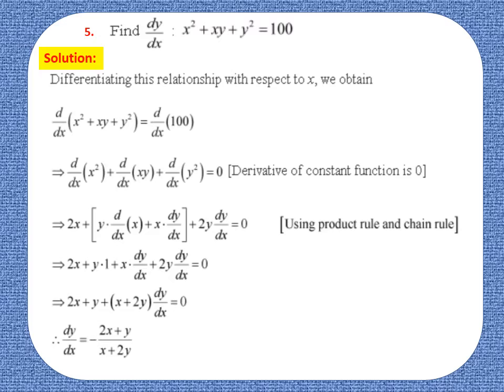So by chain rule, y square equals what? 2y, and then for y it is dy upon dx. So in this sum we have used two properties. First is the product rule for differentiation of xy, and second is chain rule for differentiation of y square, clear? So from solving this simple equation, taking dy upon dx common and so on, you will get the value of dy upon dx, clear? So pause and note down the solution.